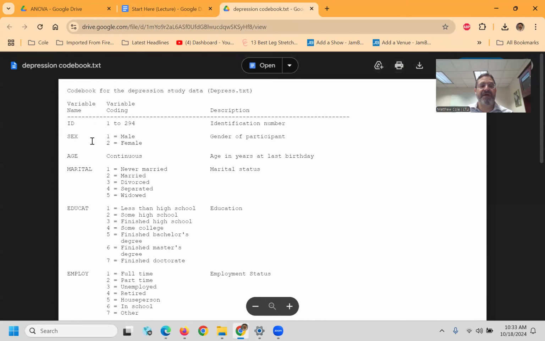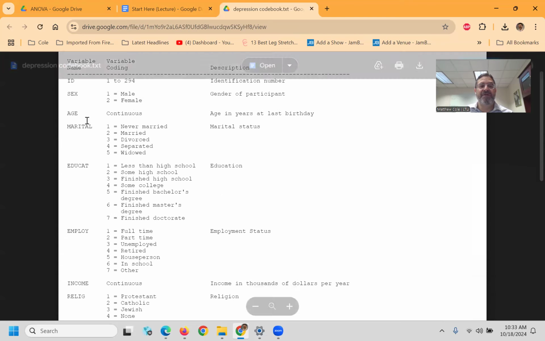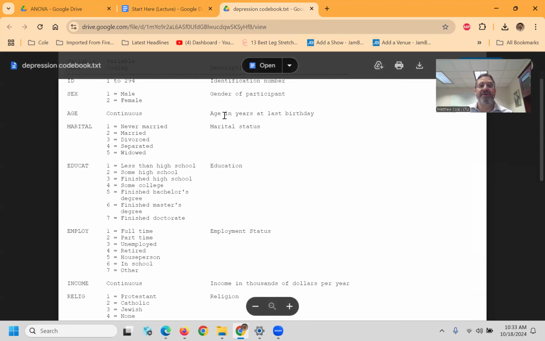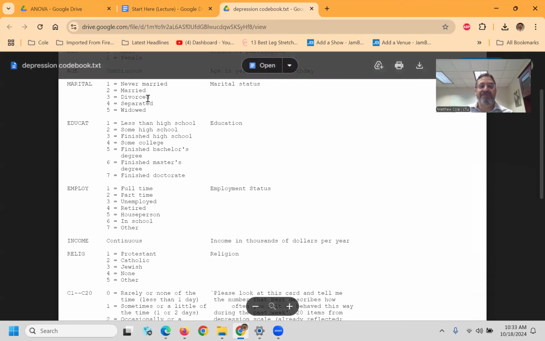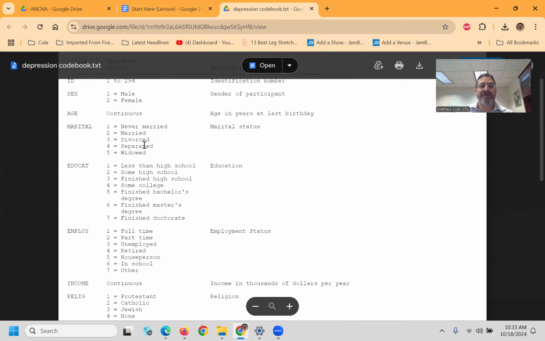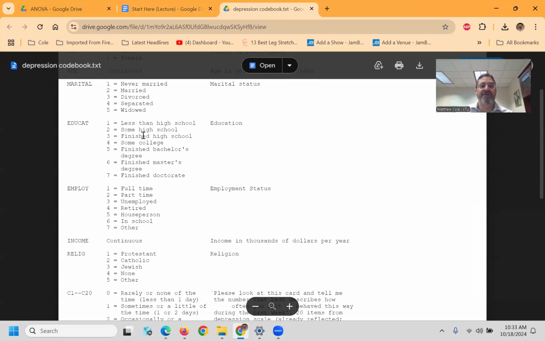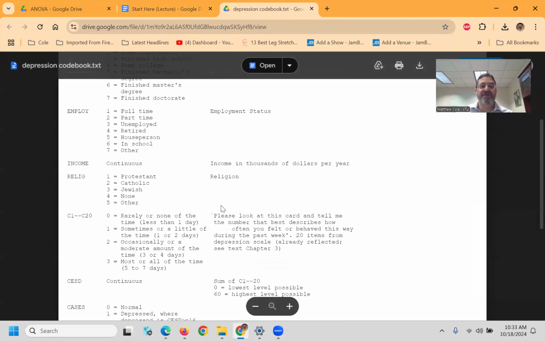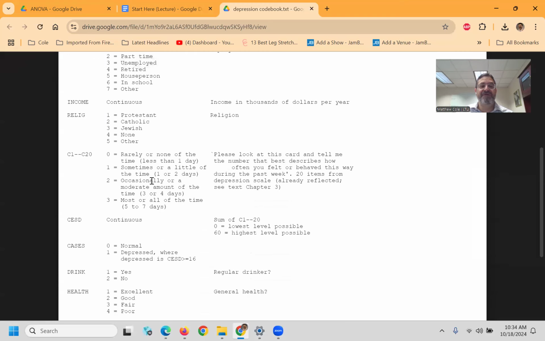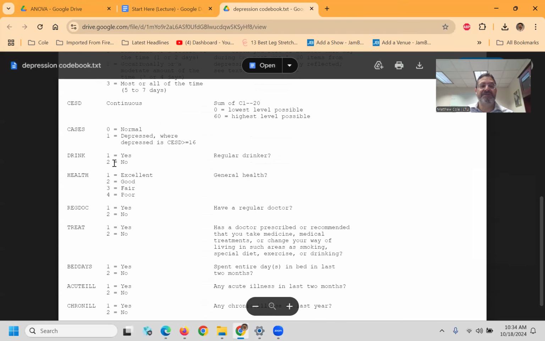We have an ID variable. We have a variable that's going to tell us whether they're male or female. We have the continuous age variable, and like I said, I believe it's 18 to 89. And then we have a bunch of factor variables, right? Sex is already a factor variable, marital status is already a factor, education is already a factor, income is a continuous variable, we have religion, and then we have a series of